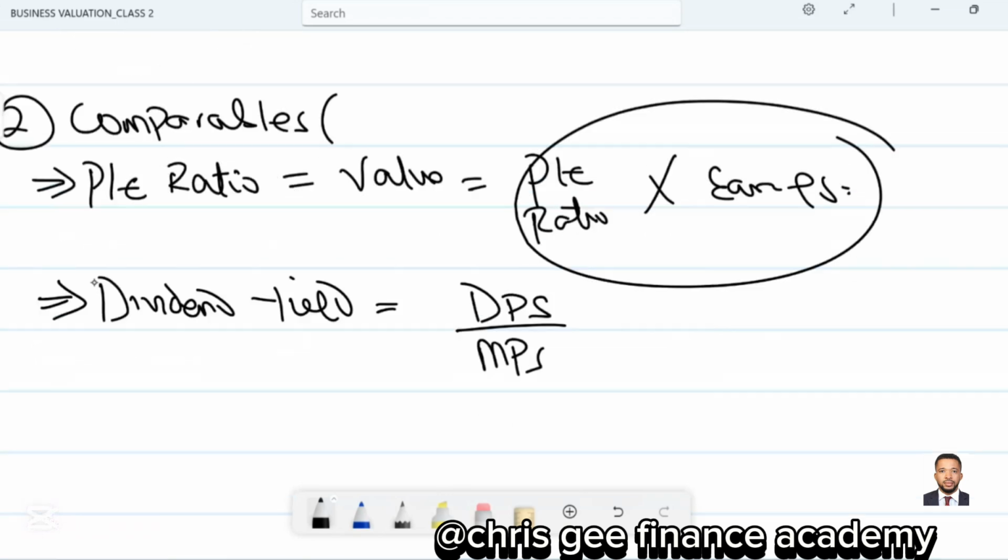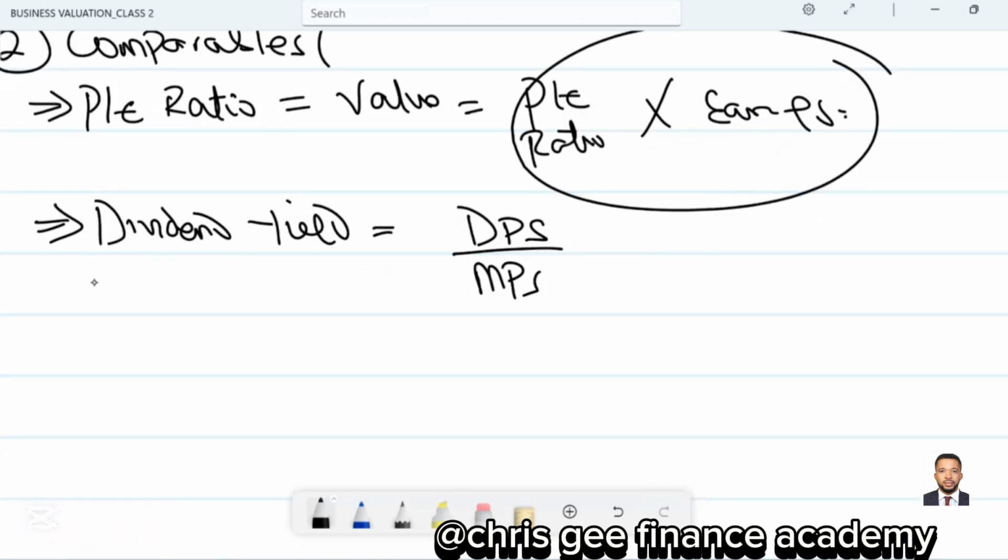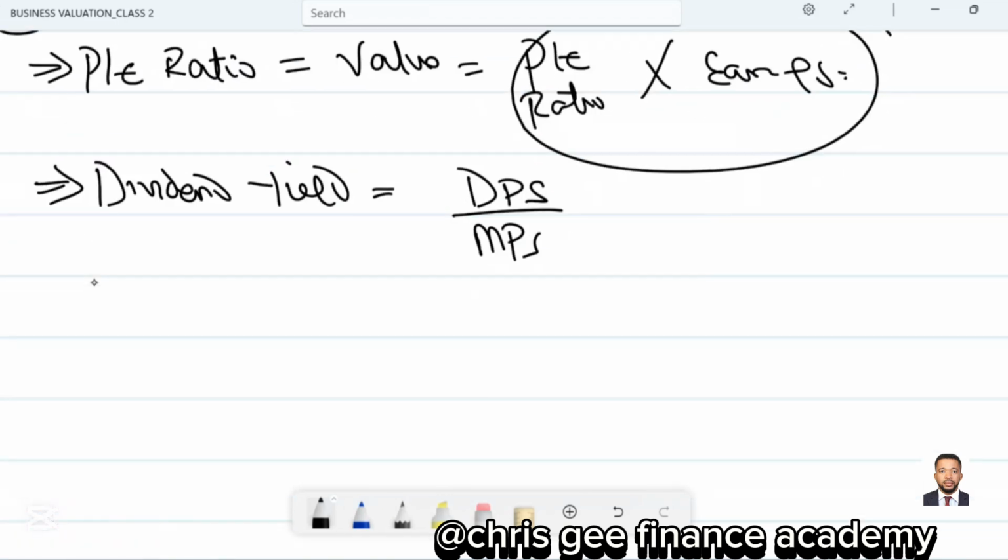All right, next. So what this method is saying is simple. If you have dividend yield, and it is DPS divided by MPS, what it means is that if I know the dividend yield of a company and I know the dividend per share of a company, I can get the MPS by doing what? Making this the subject of the formula. Right. Next method,